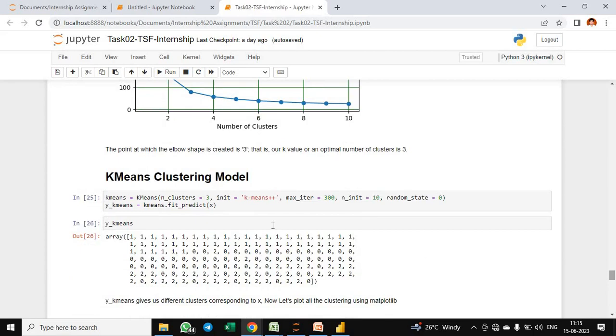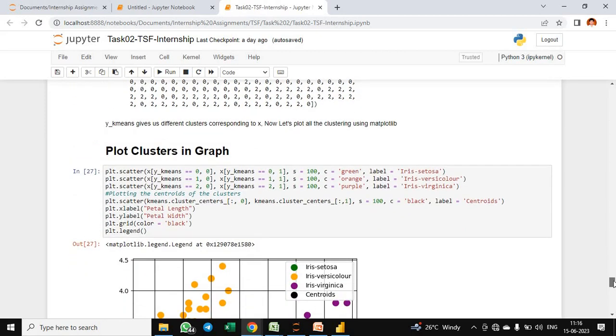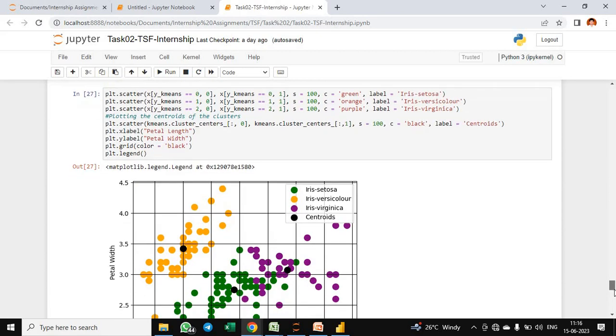After that, I have built the k-means clustering model and applied it with k-means and predicted the value y_kmeans. Now I have visualized the clusters using the scatter plot. For that, use the petal measurement because the petal measurement properly differentiates the classes, and we can see that there are 3 clusters: